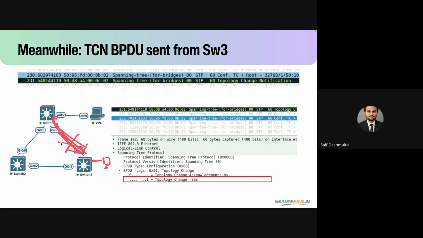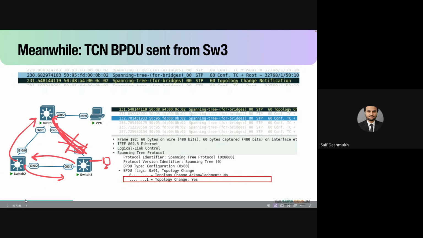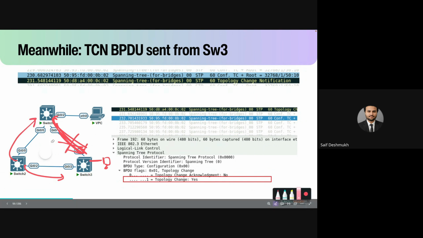But when a TCN was sent, and that TCN was acknowledged, and one more TCN was sent towards the root bridge, that root bridge sent everyone